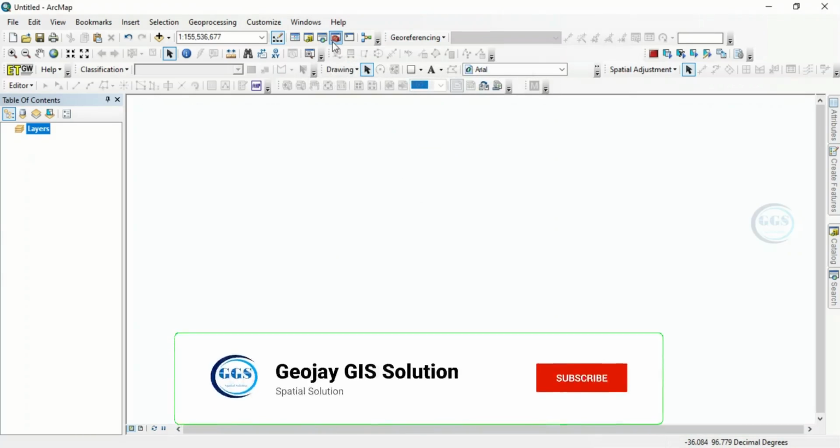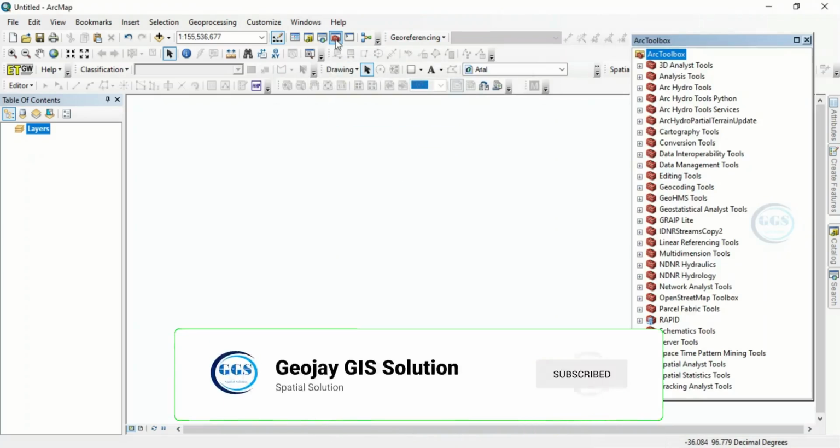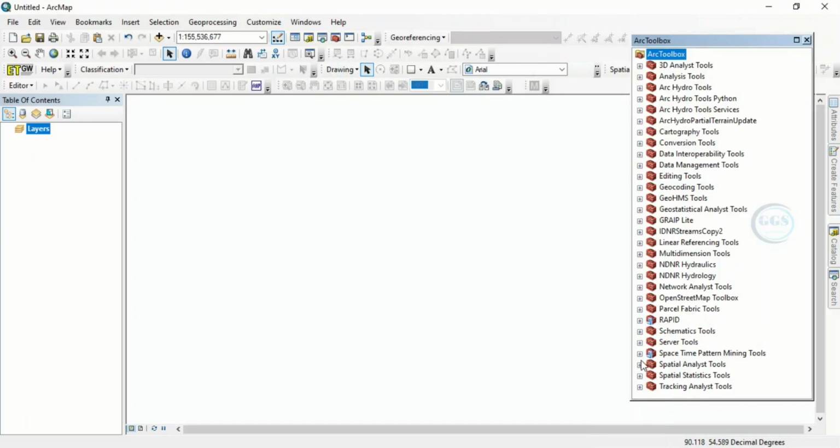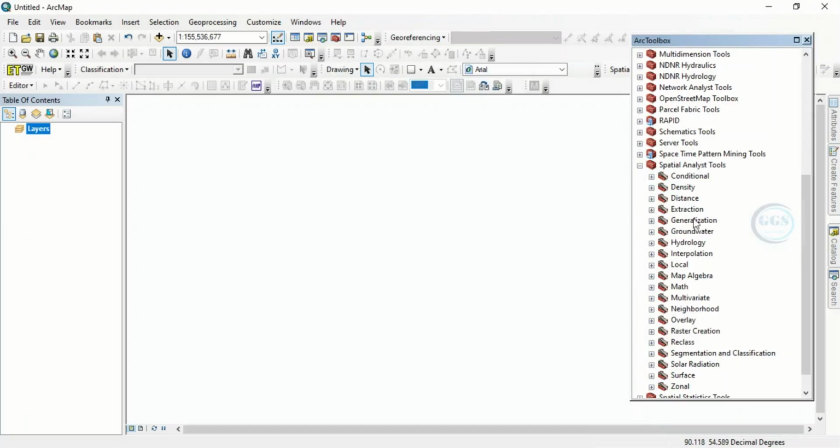So now if you come to Arc Toolbox and come to Spatial Analyst tool, all these operations here, functions here will work now. But if you don't check it, if you are running all these functions, it may be failing. So this is how to check or enable Spatial Analyst tools and